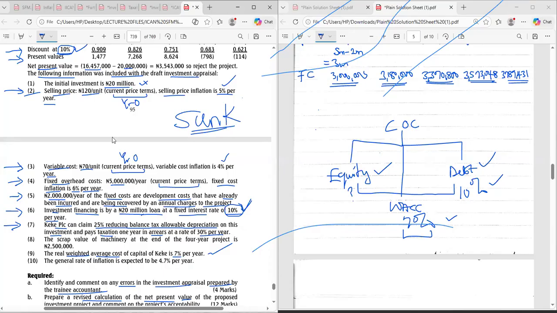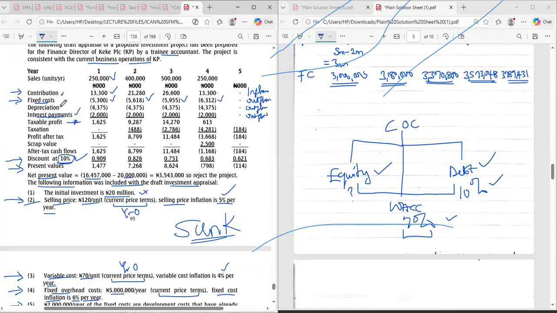Now, what the junior accountant did was that he came and put depreciation and used straight line for it. Look at the figures, they're all the same. Abby, why would he use straight line? When the question is telling you reducing, it's an oversight. Even if you claim it's an oversight, point number 2, reducing balance on net book value is what the tax authority recognizes, not your straight line accounting depreciation. So we've got one more point, Abby.